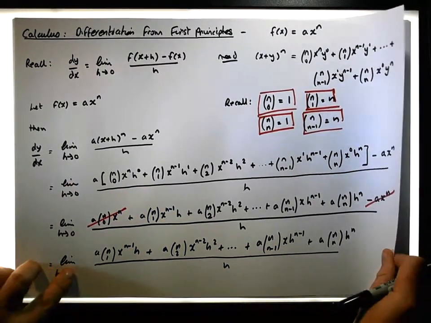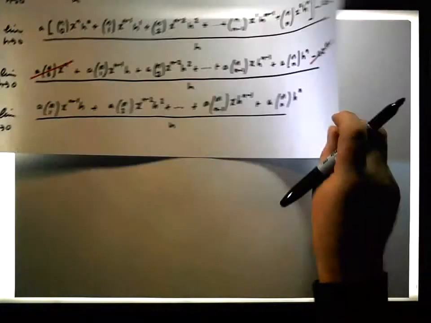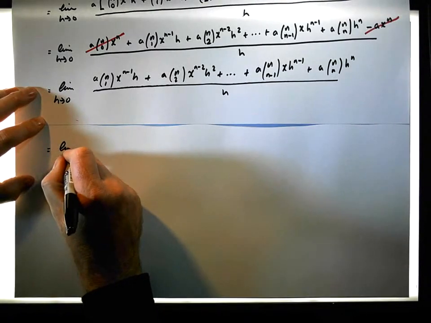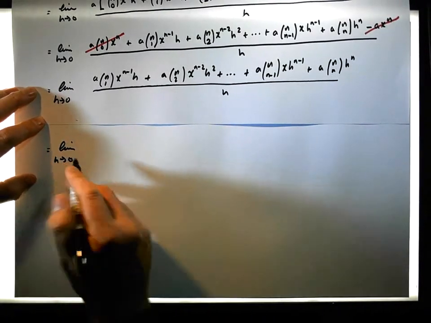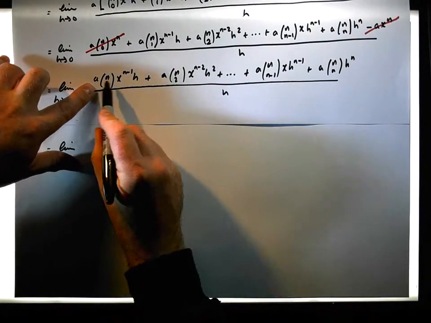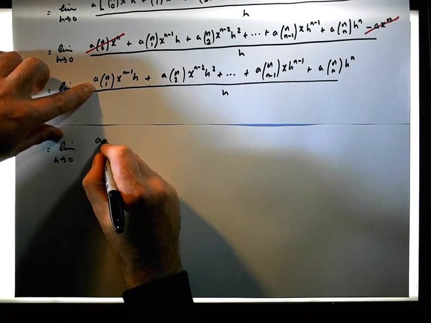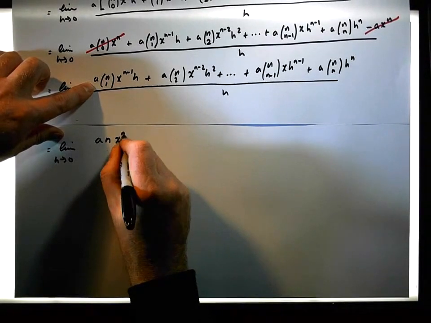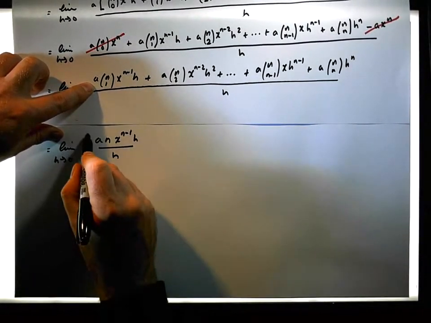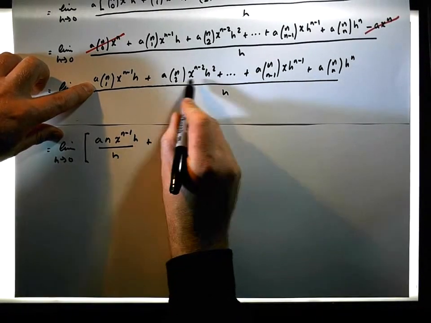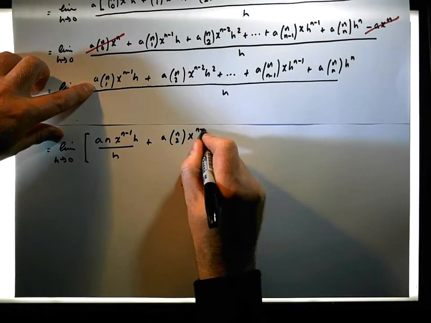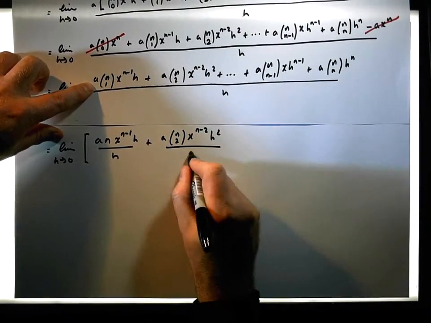So this now becomes the limit as h tends to 0. nC1 is just n. So this is a times n times x to the n minus 1 times h divided by h. Plus this becomes a times nC2 times x to the n minus 2 times h squared divided by h,